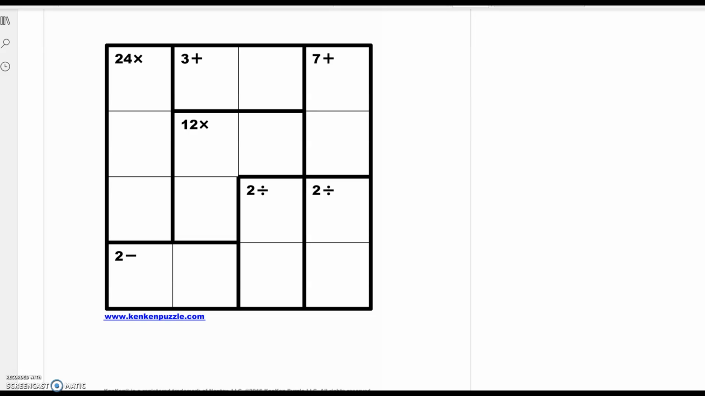This is our first video type problem, video 1, and it's a Ken puzzle. We've got to use the numbers 1 through 4. Up here in the upper right hand corner there's a 7 plus cage, that has to be 3 and 4. There's a 3 plus cage, it has to be 1 and 2 or 2 and 1, but we don't know